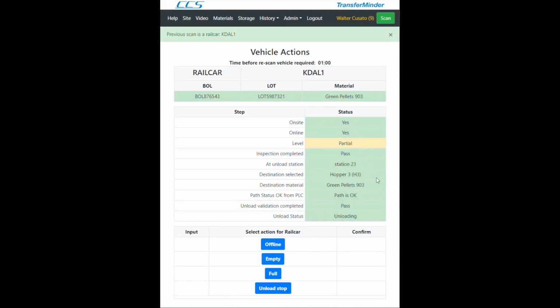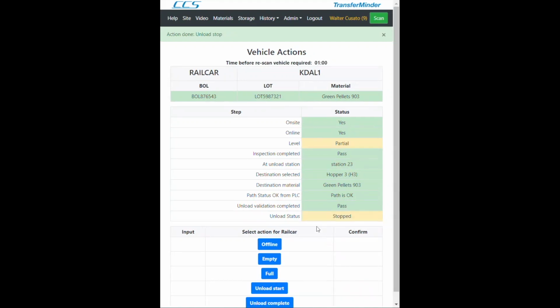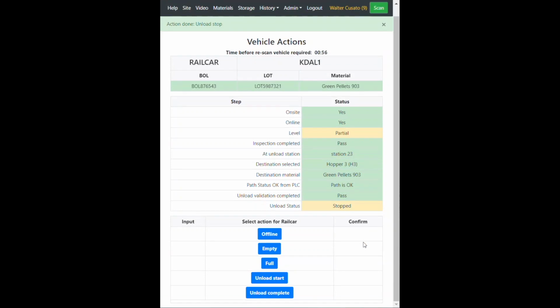That'll take us back to this vehicle actions page. So now we're ready to stop our unload, either because we've finished or because we want to stop for some reason. It shows the unload status as stopped. At that point, we can either restart the unload here, or we can say that the unload is completed. So if we want to say the unload is completed,